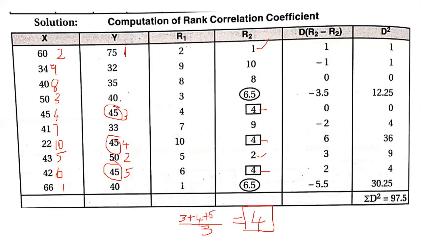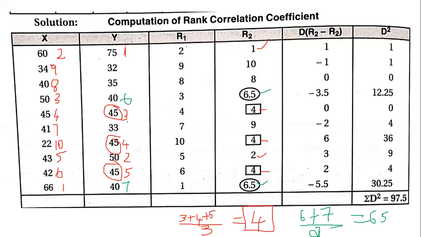So sixth rank and seventh rank. Let me choose a different color for you to understand it better. So this will be sixth rank and this will be seventh rank. Now again, if you observe, since it is repeated, we have to take an average. Average taking means, again, sixth rank plus seventh rank divided by 2, because there are 2 numbers. So 6 plus 7 by 2 will give you 6.5. So 6.5 and 6.5 for 40.